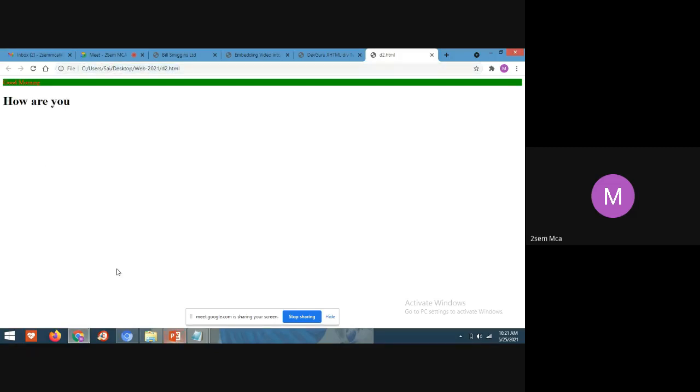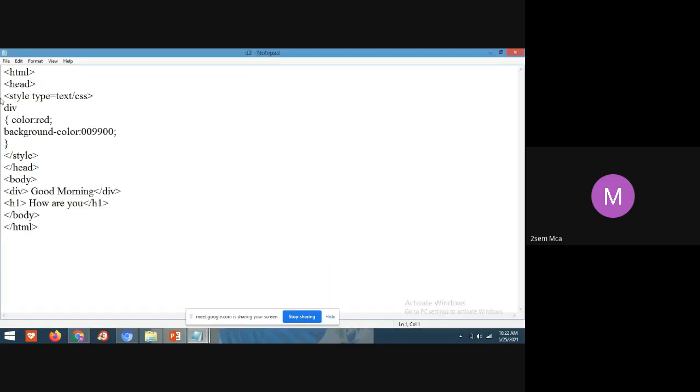Yes, students, see here in this program, I have taken a div tag and an h1 tag. For the h1 tag, a predefined size and a predefined font color will be there. If you want to change it, you can change it. But in the program, first I started just with the div tag. You may get this doubt: why is she taking the div tag and why does she want to display the message good morning? Without using the div tag also you can display.